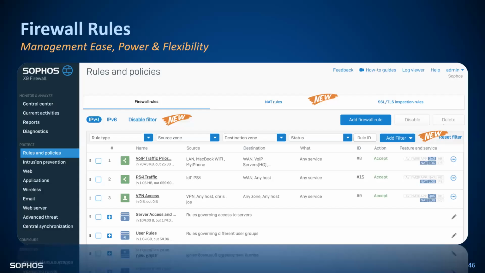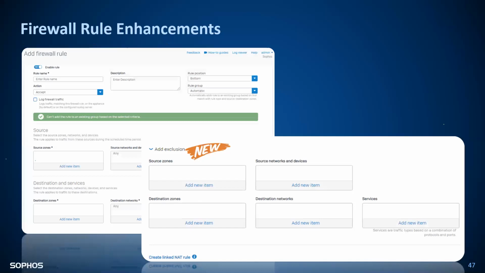Network features are always there, because you can select the source zone, and multiple filters are there. And there are all new things that are actually introduced. Then you've got the firewall rule enhancement. You can auto group them. You can simply put it in the same rule. You can put the exclusion also in terms of zone, IP address, destination zone, destination address, and services in a single rule.